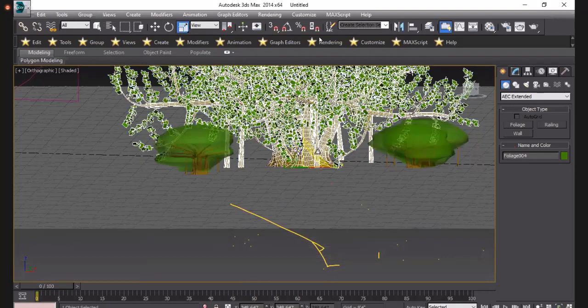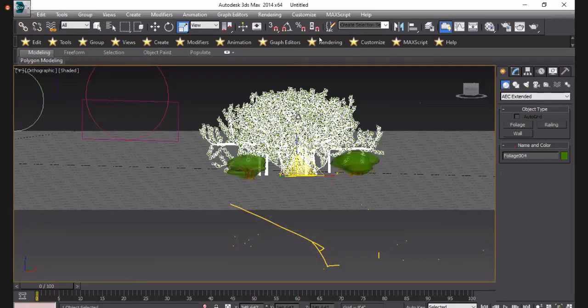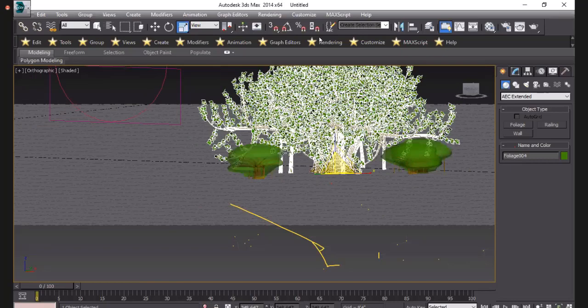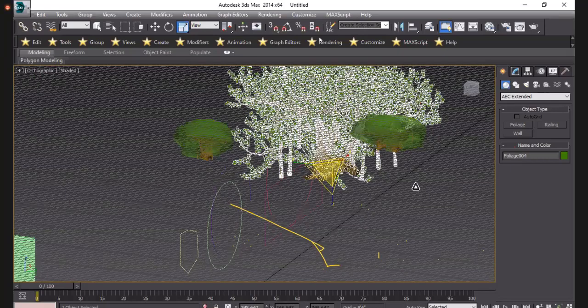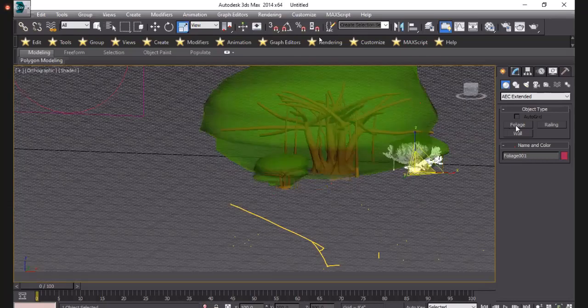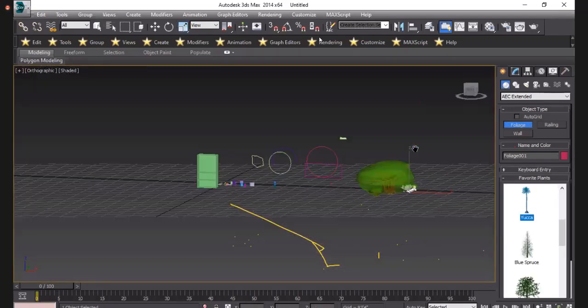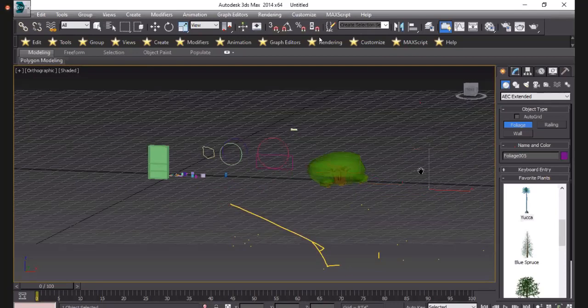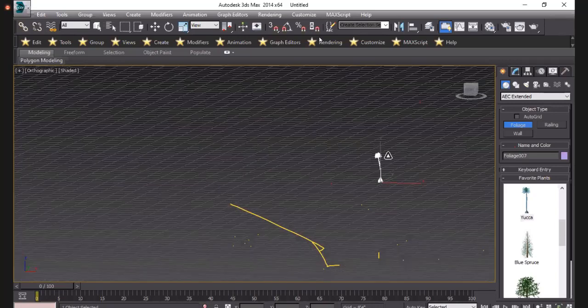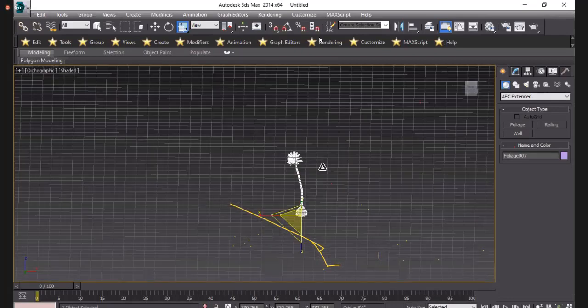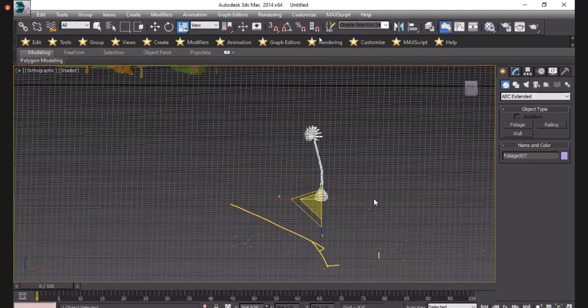But when we render it, it looks like an original tree. I want another one, I take this. Simply select and press R and increase the scale of it. Okay, like that.